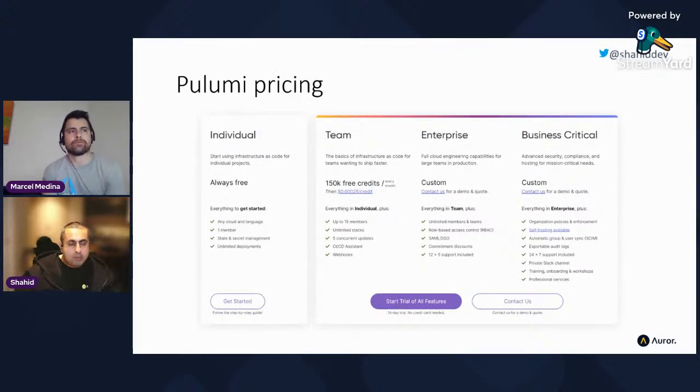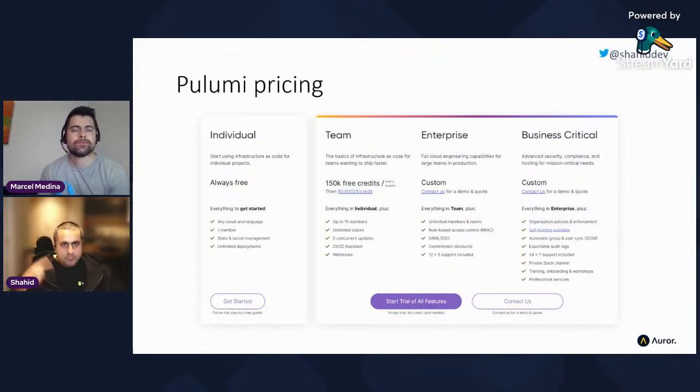So you're probably wondering about pricing. I said it was free, right? So yeah, that's great. And then you as an individual, so you want to try this out. Everything I've done so far has been on my personal individual account, and that's basically one login. You can pretty much do everything on that. Unlimited deployments, unlimited projects, whatever, go crazy really.